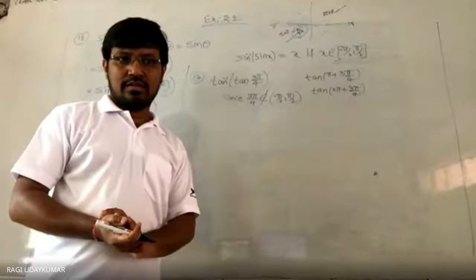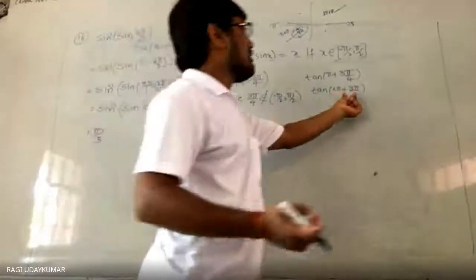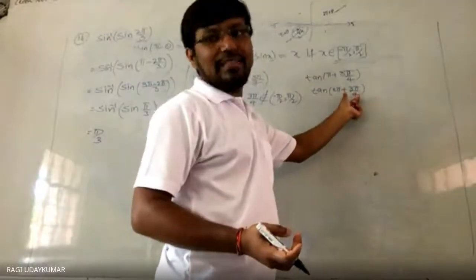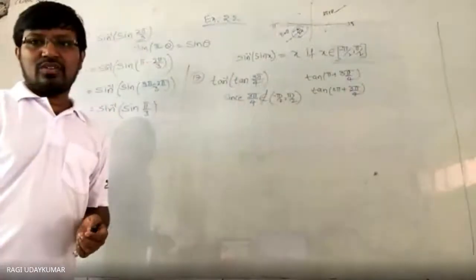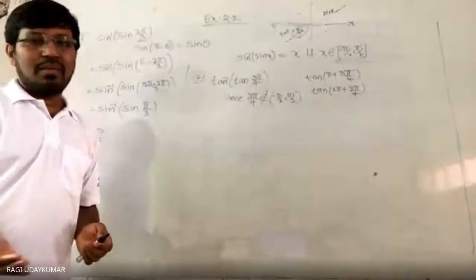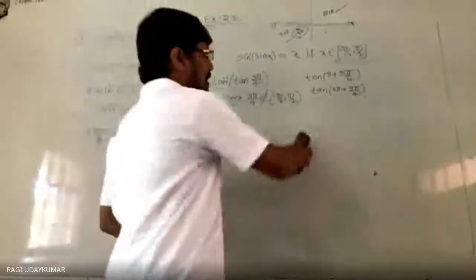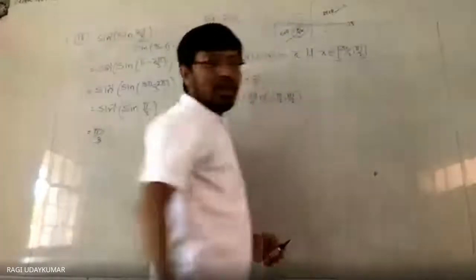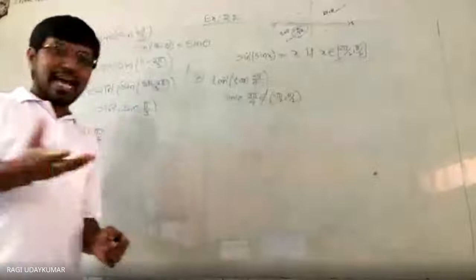Did you get my point? If you write that one in that way, this angle, we need to decrease, because here 3 pi by 4 is nothing but 135 degrees. So 135 is more than 90 degrees. We need to decrease that one. But if you do like that, it is increasing. So you cannot take like this. These two are not possible in this situation. So what can be done?